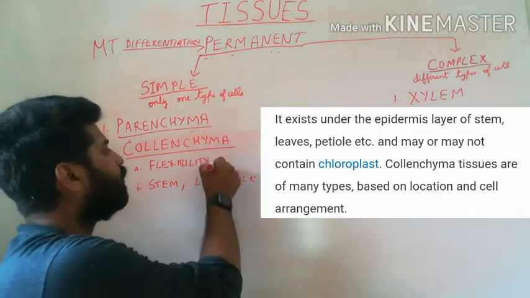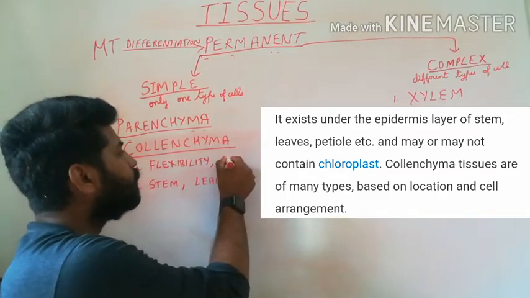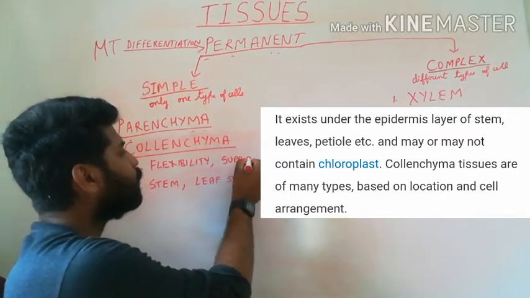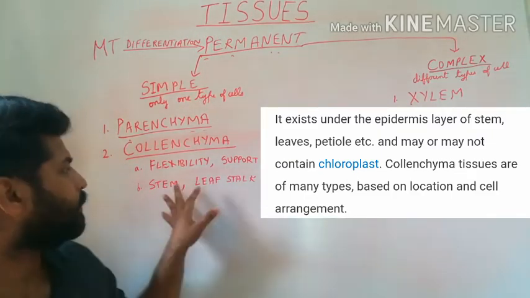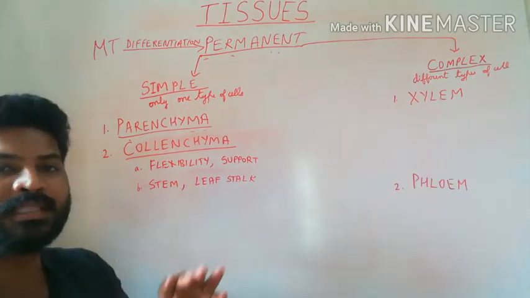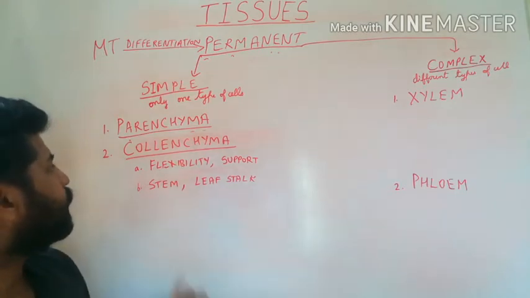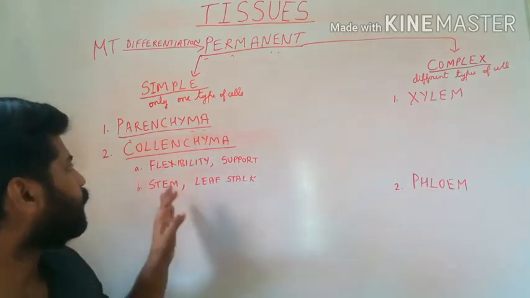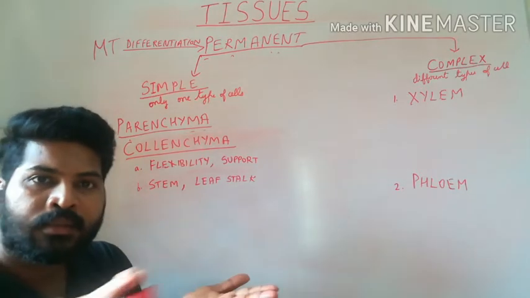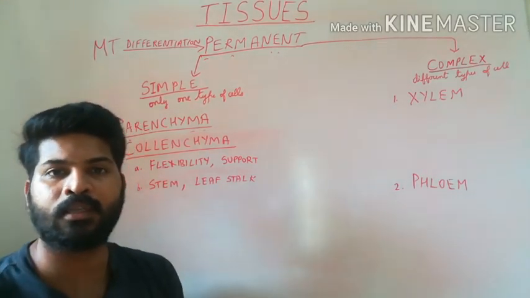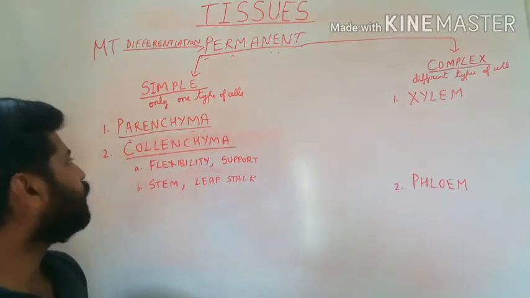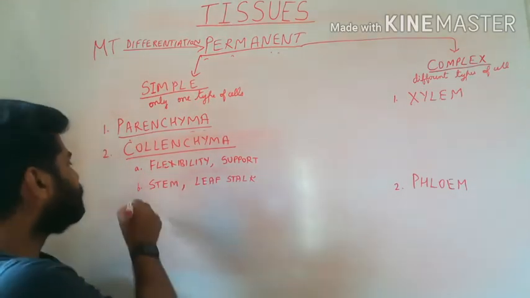So, they provide flexibility and they also provide mechanical support to the plants. Strength as well as flexibility. That is your collenchyma tissue. If you take a section of the collenchyma tissue and observe under the microscope, we find that collenchyma